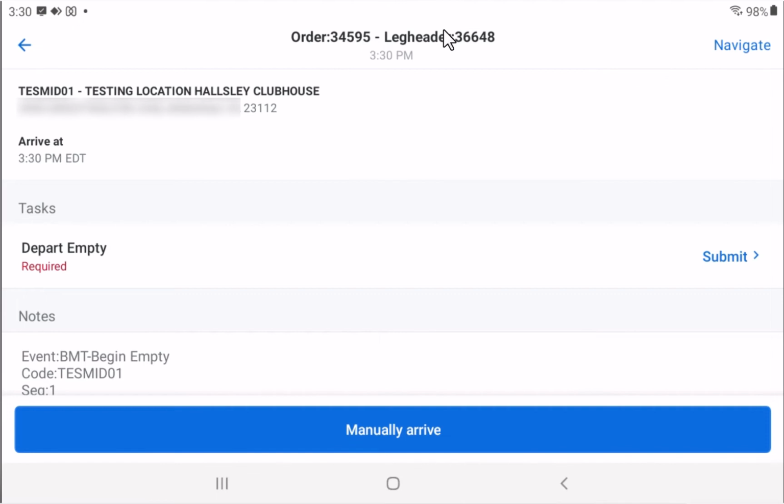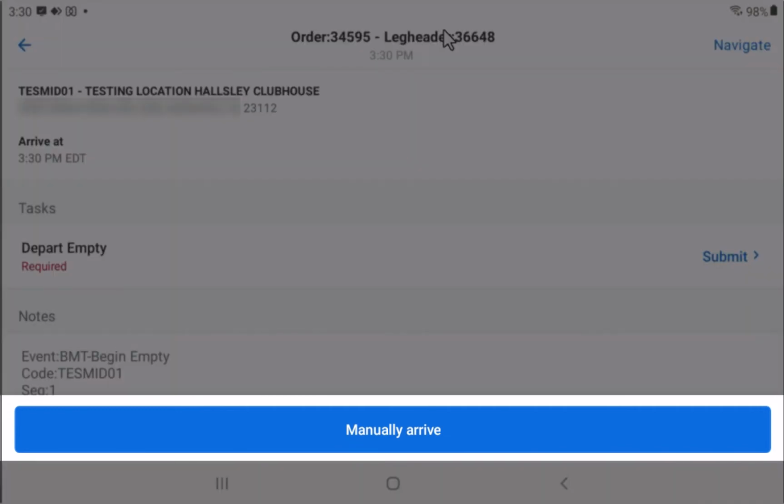This is especially important because your next route will probably have you starting at the same location, either beginning empty to go to your next pickup or picking up at that location. So you will not be breaking a geofence. So you need to manually depart out of that last stop, and I will show you that when we reach that point. So for now, to start this route, I'm going to hit manually arrive,